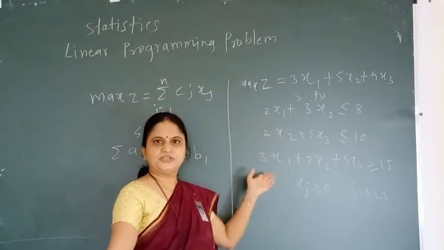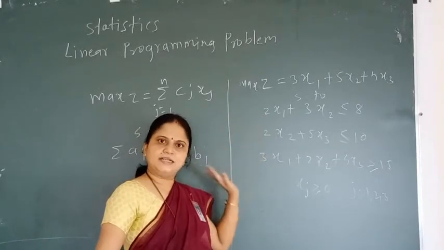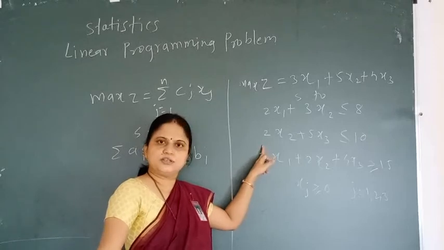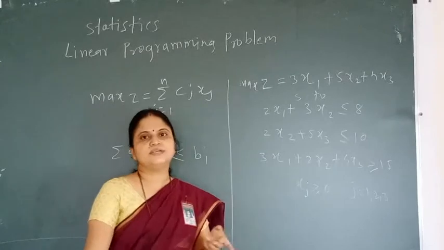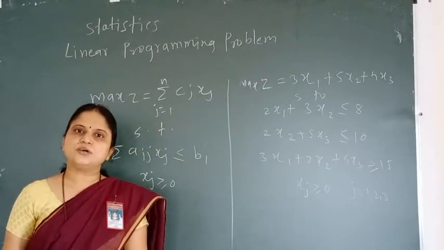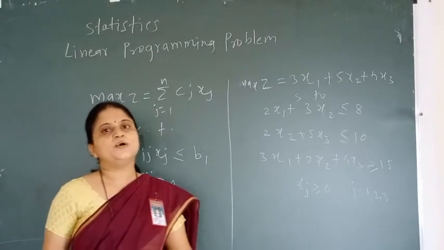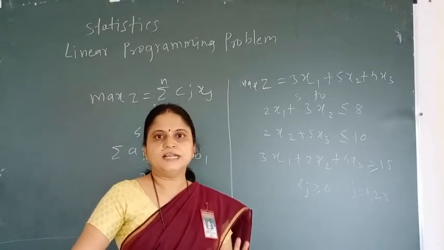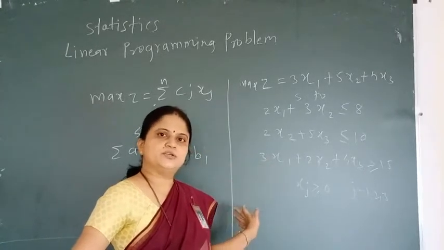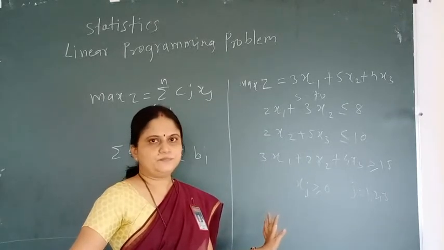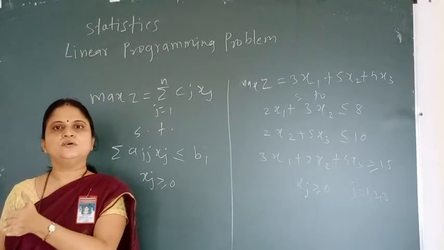Then second step, I check the constraints. First constraint is less than or equal to type, it's okay. So I will take it as it is in the canonical form. Second is also less than or equal to, I take as it is. Okay. Now in the third constraint, since the constraint is of greater than or equal to type, I need to convert it to less than or equal to type, and hence to convert it, we can have a surplus variable. That is, we can subtract one variable from the third constraint so that it is converted to canonical form. That is the simple procedure of converting your general LPP to canonical form.